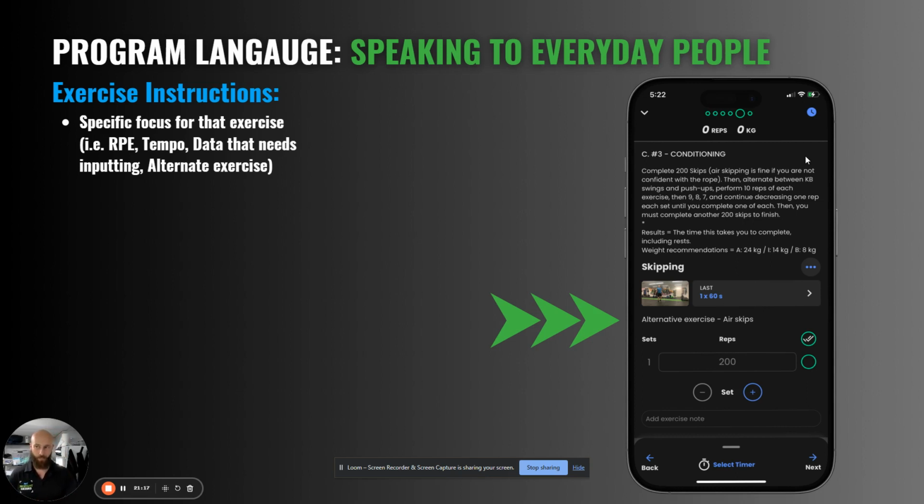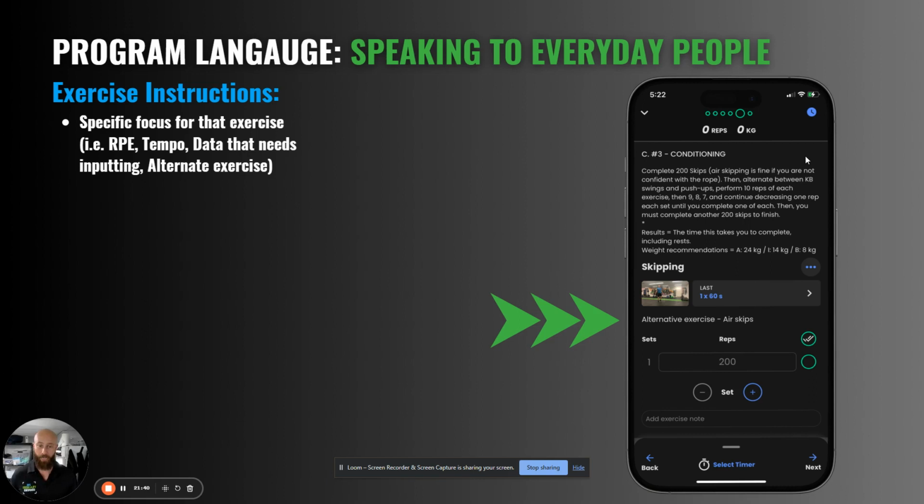So we're making sure that when we are explaining what to do, it's specific, really just the specific focus that we want you to focus on for that exercise. If there isn't really one, like skipping, it's pretty self-explanatory, skip. And then we'll put in an alternative exercise, because you do get people that go, I don't have the coordination for that.